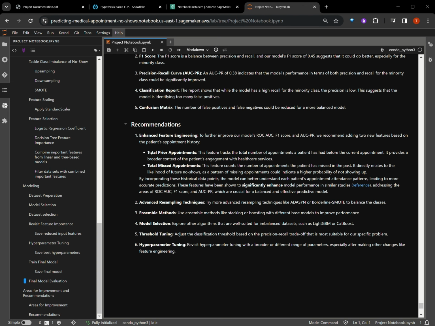For the total prior appointments, this feature tracks the total number of appointments that a patient has had before the current appointment. And as for the total missed appointments, this feature counts the number of appointments that the patient has missed in the past. By incorporating these 2 historical data points, the model can better understand each patient's appointment attendance patterns, leading to more accurate predictions. So this basically wraps up the modeling part, and next we'll move on to deploying the